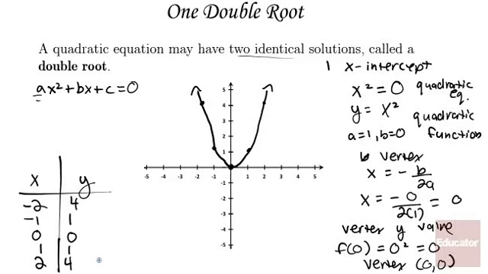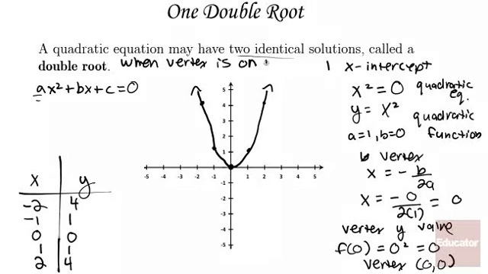Now, going back to what we were discussing, a quadratic equation may have two identical solutions called a double root. This is represented graphically by when you have one x-intercept. And the time that would occur is when the vertex is on the x-axis. So you have only one x-intercept when the vertex